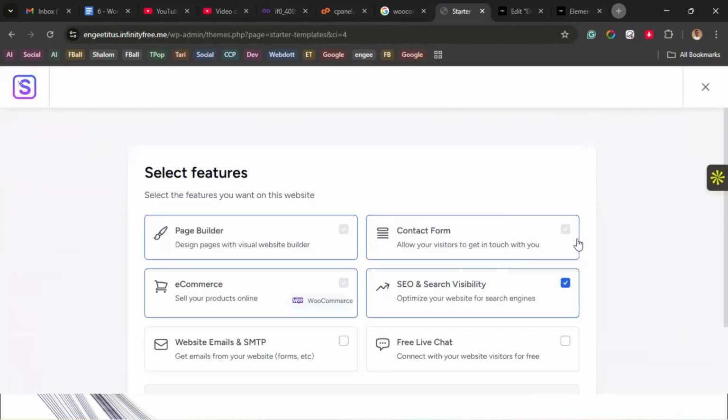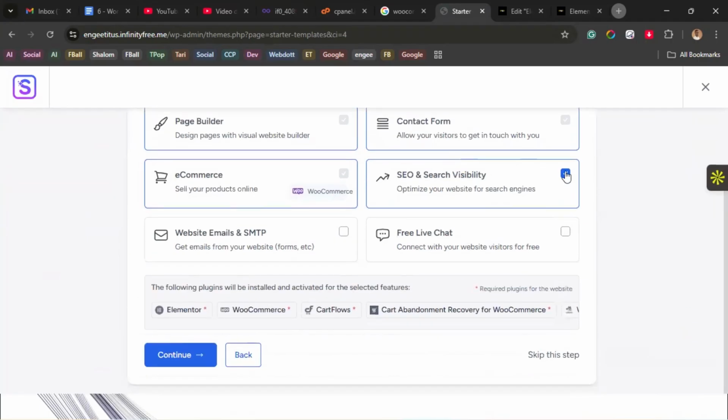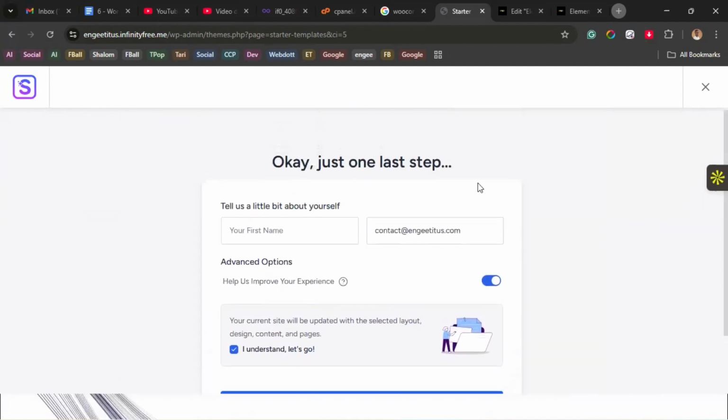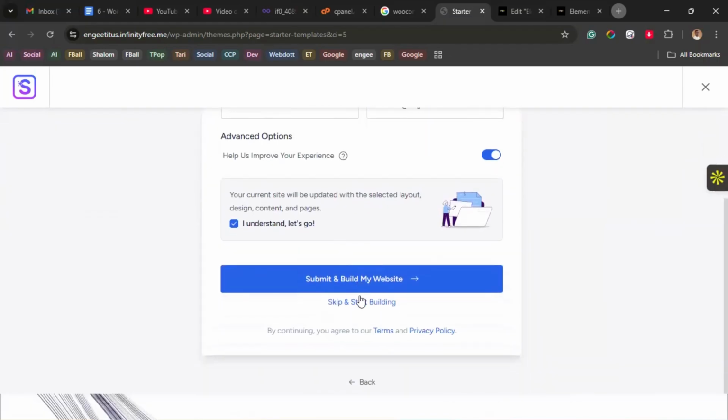Then now it's showing me to choose contact form, telling me to install WooCommerce, install a page builder, which is Elementor, SEO and search optimization. I can do that, website and email. It will automatically add a form plugin for that. You can actually do this or skip it. But let me skip that. So if I continue, okay, I don't want to enter anything. Let me just move. I don't want to receive your emails. So